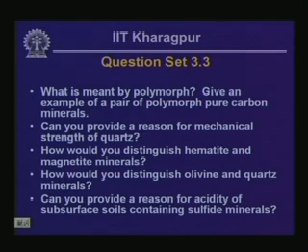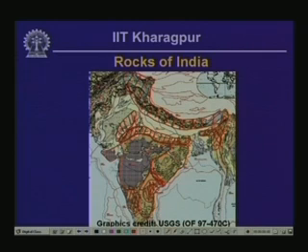Now, two polymorphs of pure carbon mineral are graphite, which has a sheet structure like what we had for sheet silicates, and then you have diamond, which has a pair of tetrahedra, and essentially conglomerate,